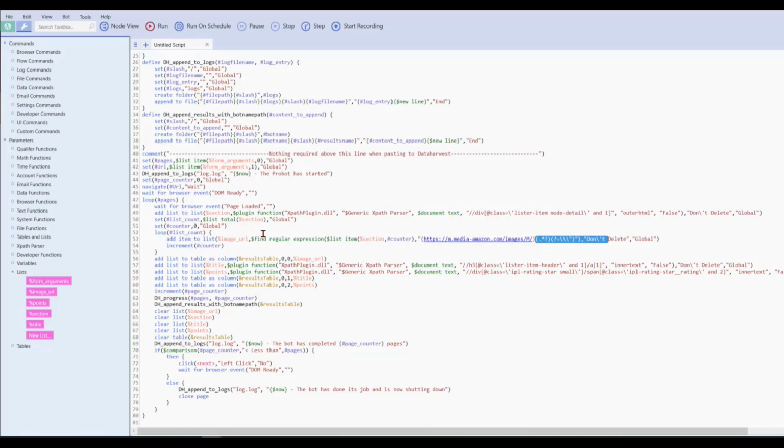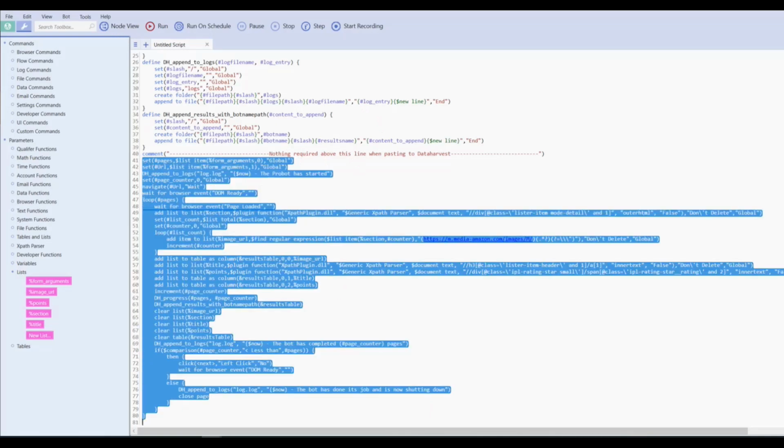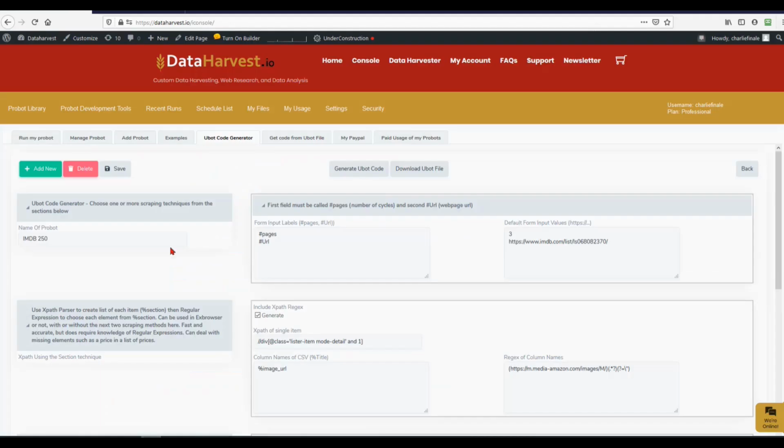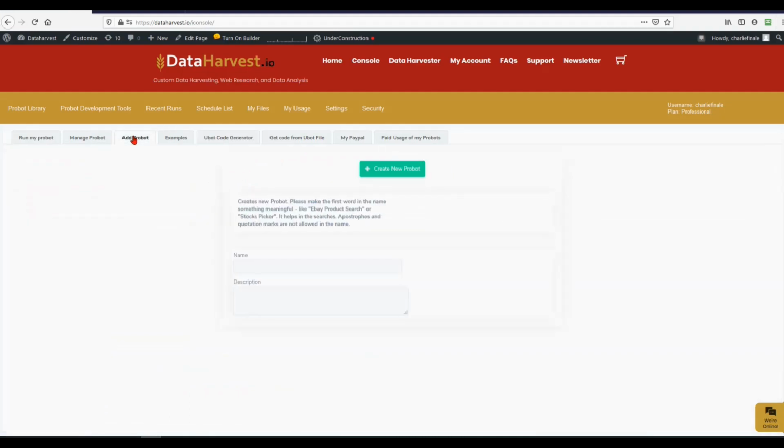So how do we get that into Dataharvest? Well, to be honest, not terribly difficult. See where it says here, nothing required above this line. We simply just take that and we Control-A, Control-C, we copy that, and we're going to go back over into Dataharvest here. Now what we're going to do is we're going to add a new probot, and we're going to call that